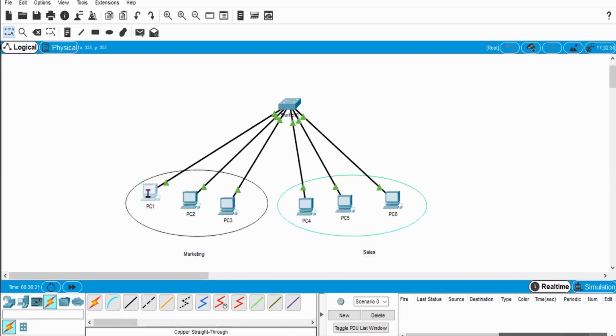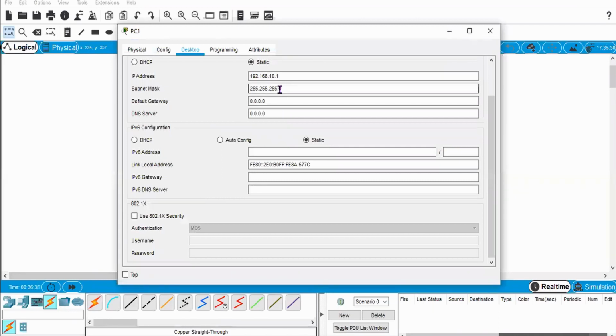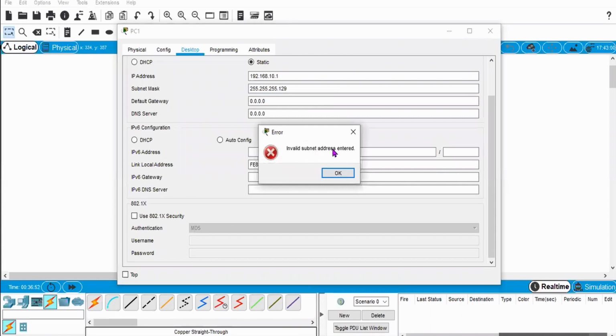Okay. So for dividing it into two clusters, basically we will go to IP configuration, and in place of this zero, what will we write? We will write 128. If I am writing 128, it will take it. Suppose you want to write 129, it will not take it, it will show an error: invalid subnet address.